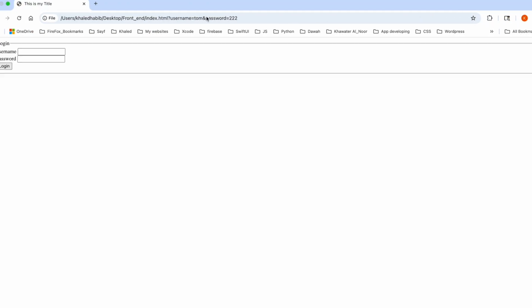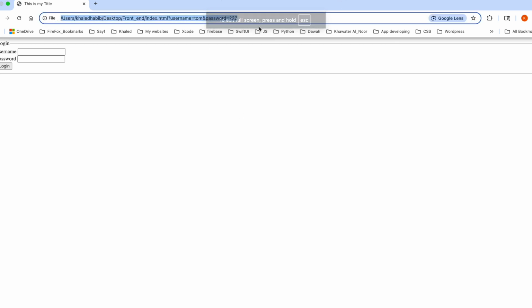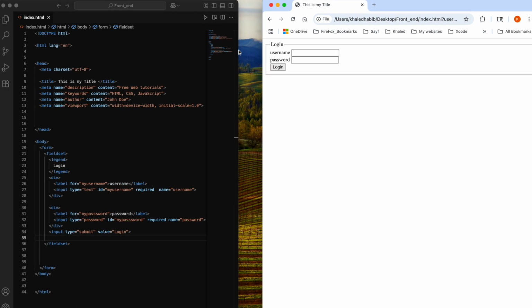You don't want to see the username Tom and the password 222. We don't want to see that. So it's very private information. What we can do to protect the user from this, the way you do it, if you go back again